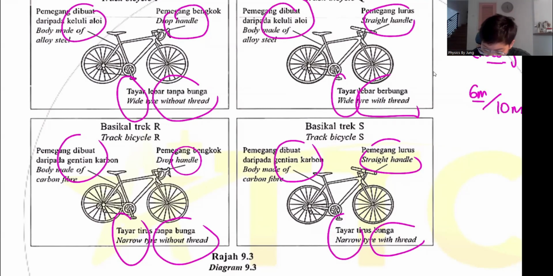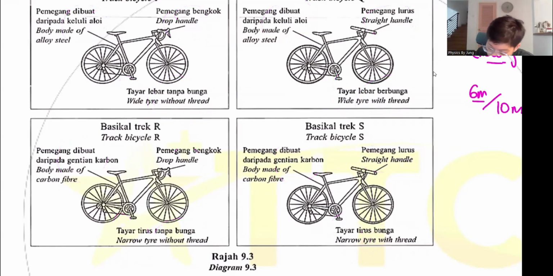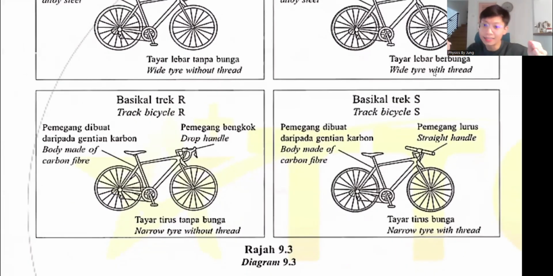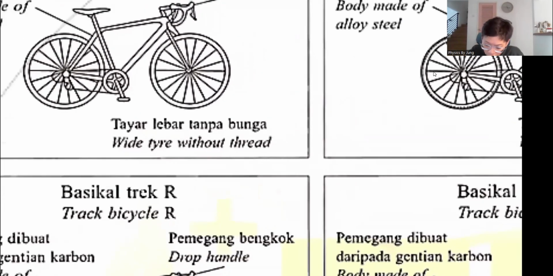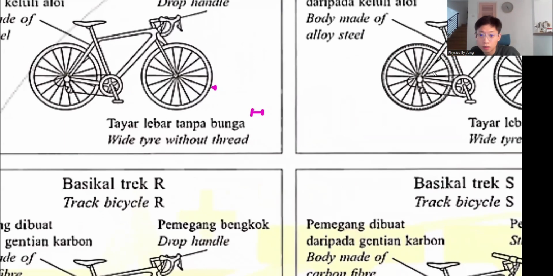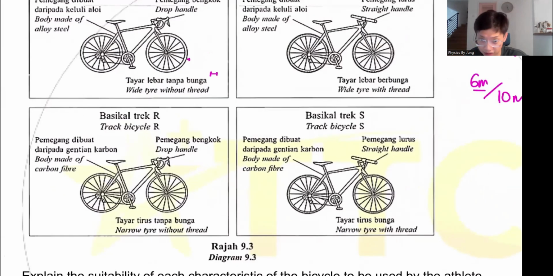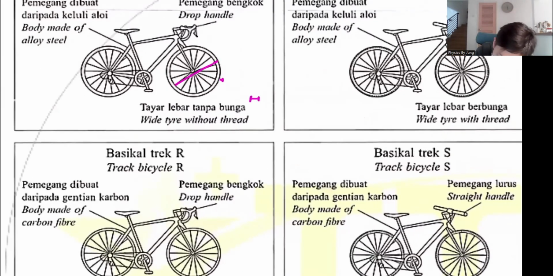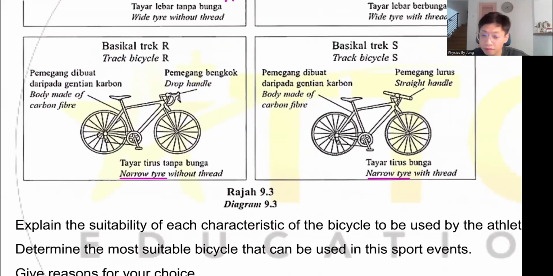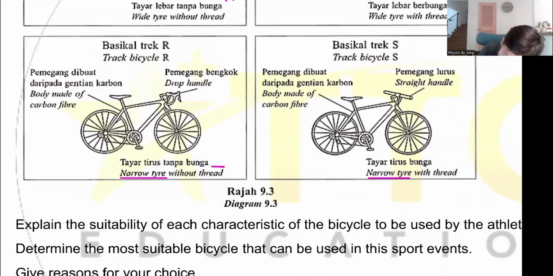Okay, so now we are very messy. Take away first. So number 1, if you see all these cyclists when they go for competition, usually the tire is very narrow, not very wide. When we say wide, we are talking about the width of the thing, like how thick is the tire. So yeah, Caden, it's always a very narrow one, right? If diameter, yes, diameter is larger, but wide is no. We want narrow tire. Okay, next. Why do we want without thread? The answer is not with thread.